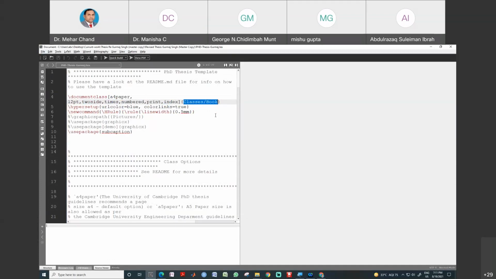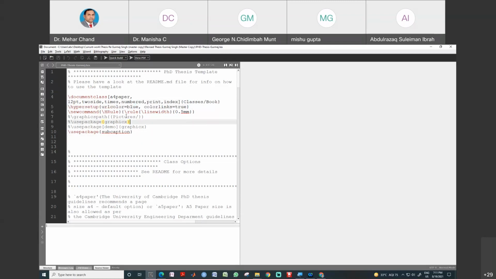After that, some code is there, like hyperref setup, for what you are referencing in the text. Cross references, you can assign the color. URL color must be blue, and colorlinks must be true.